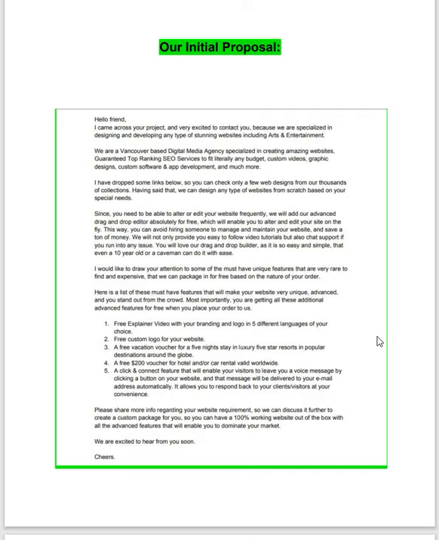So when the customer reads our proposal, now he knows that we'll give him everything that he wants. We're experienced. We not only do websites, we do everything. So now he has an impression that if he needs to expand his website, add more features, or do something beyond the website, they can come to us. Okay. And then he is going to be scrolling down, and he will be amazed by the gift vouchers, by the free incentives. So we should be able to grab orders.